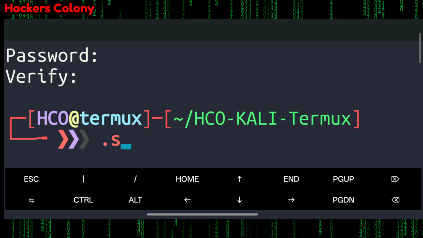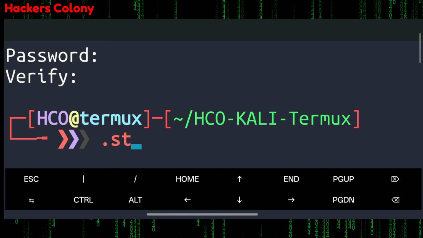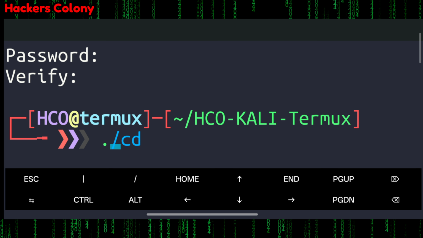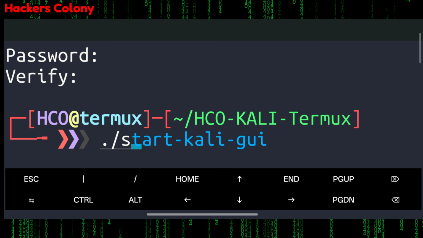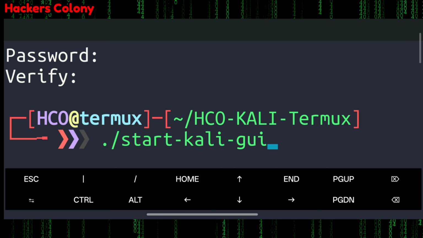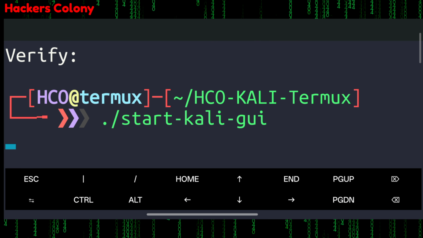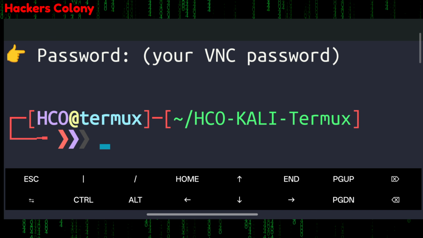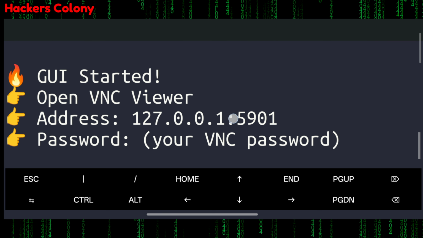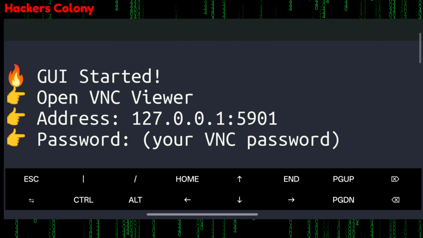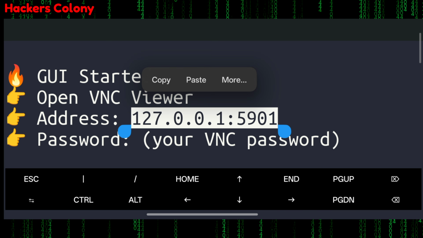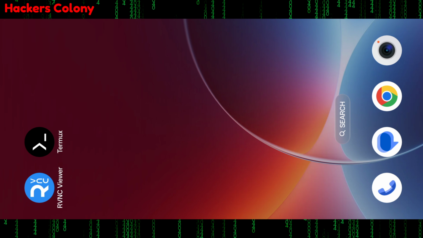From here, to start the Kali Linux, simply type / then type start-kali-gui and hit enter. Once you hit enter, guys, it will show you your IP and how to run. So go up a little bit and you can see the VNC password is the password you set just above. Then from here, just copy the IP address, and copy this one,